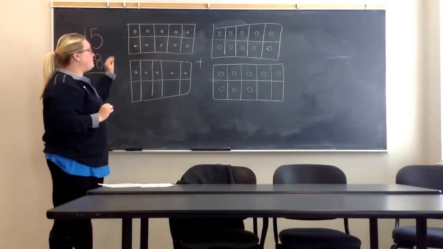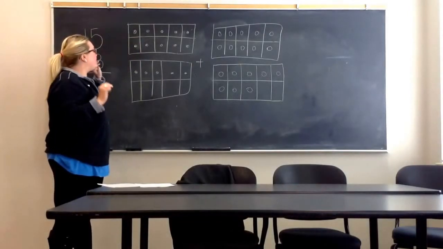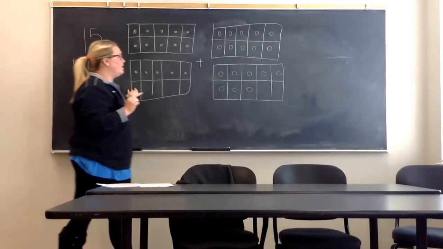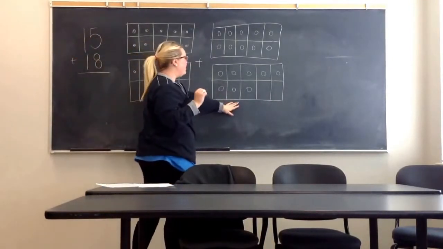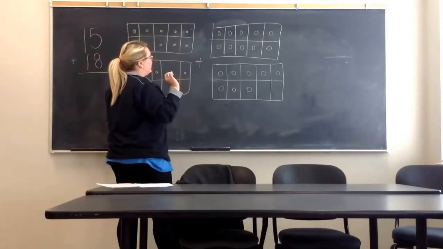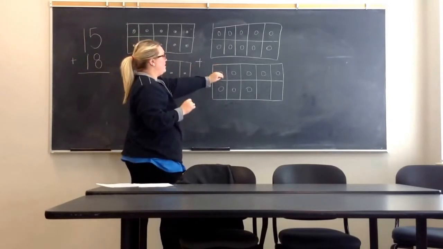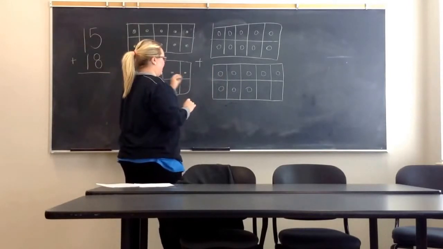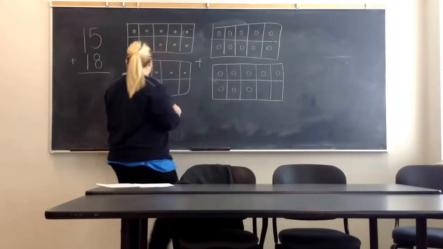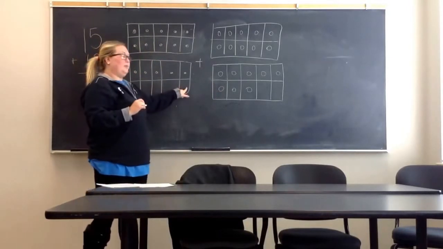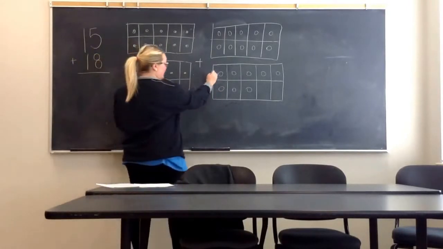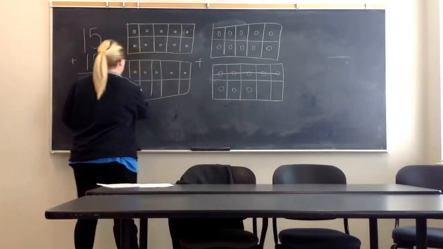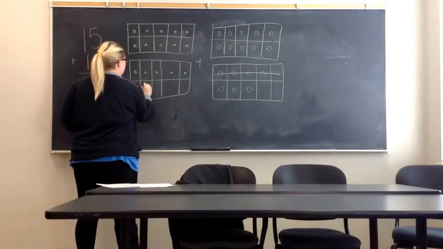So we're going to combine these. And we see that this 10 frame is not completely full, and neither is this 10 frame. So we're going to try and figure out a way to bring the leftovers from this one into this one to make it a full 10, to subitize this one as well. So since we see that we have 5 more that we need to fill in this one, we're just going to cross this entire line out and regroup those into this frame